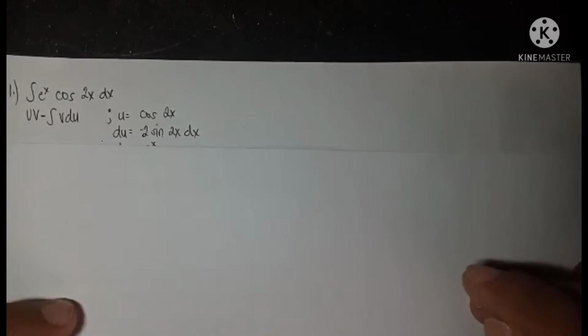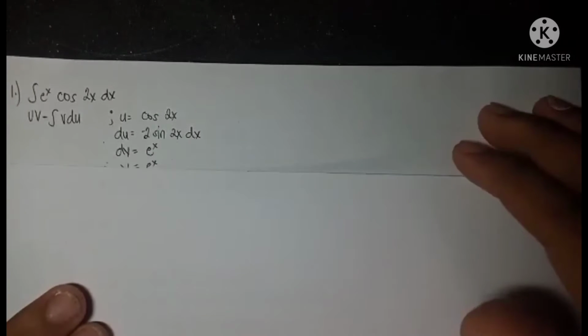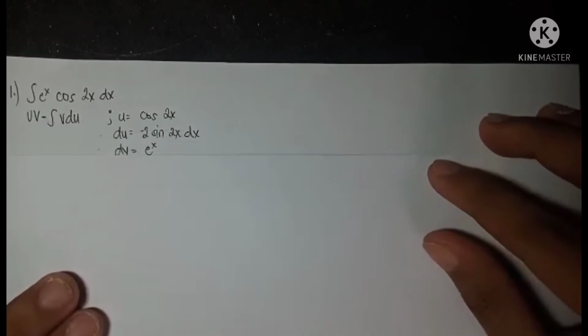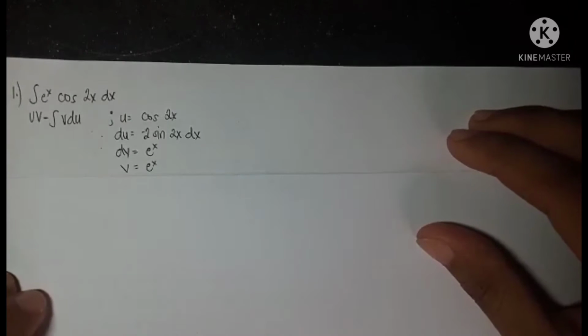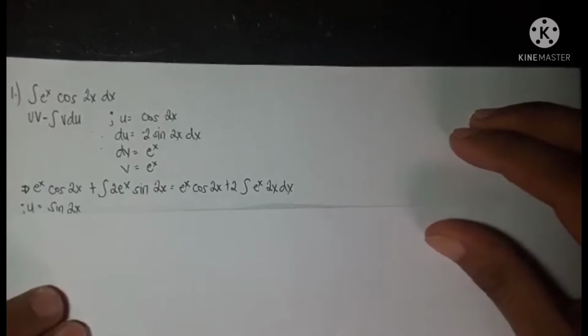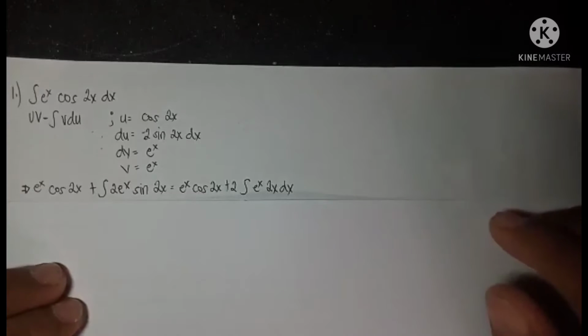So, gagamitin pa natin dito integration by parts, which is uv minus the integral of v du, wherein our u is cosine 2x and then our du is negative 2 sine 2x dx, and our dv is e raised to x and our v is e raised to x. So, ang kalalabasan nito is e raised to x cosine 2x plus the integral of 2e raised to x sine 2x, which is equal to e raised to x cosine 2x plus 2 the integral of e raised to x sine 2x